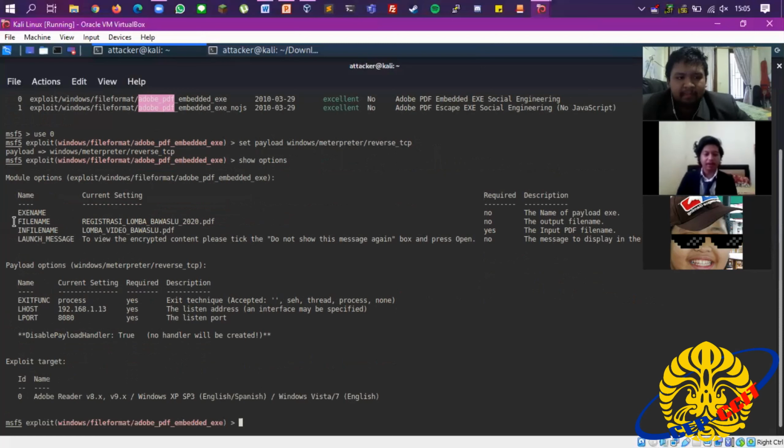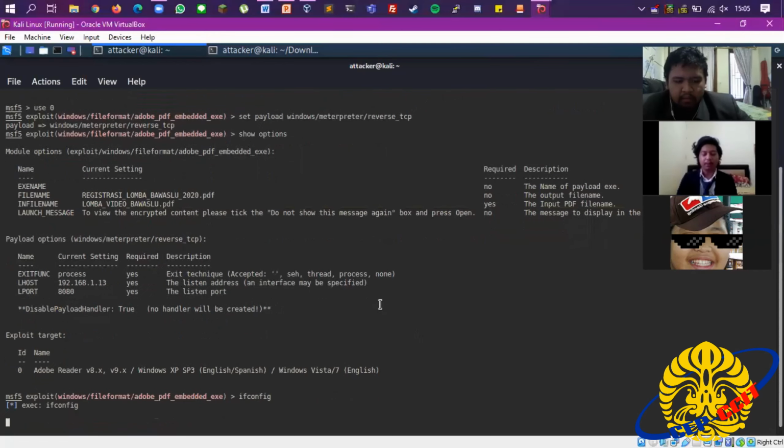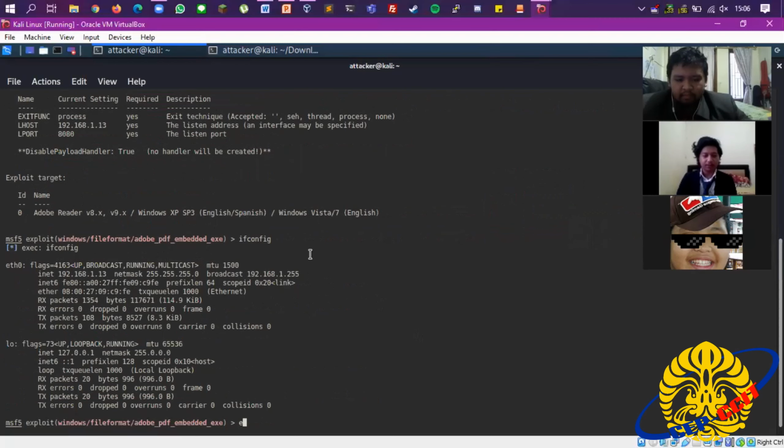The file name that we made was registrasi_lomba_bawaslu_2020.pdf. This file name we change to lomba_video_bawaslu.pdf. And the LHOST, we change to the IP of the server that we use, and LPORT we choose 8080 because the port is safe. This is the ifconfig.